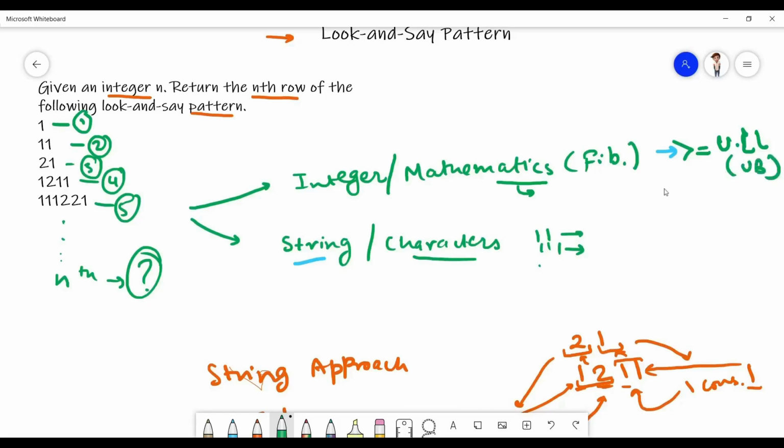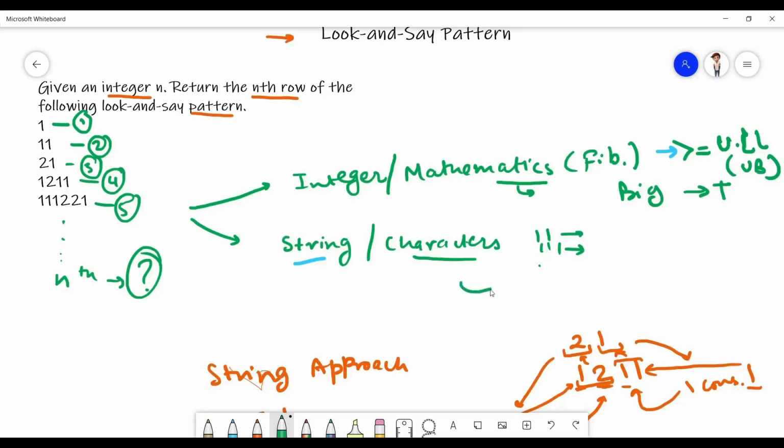So we left it to implement the big integer class, but it would be a very hard and time consuming implementation. So that's why we went for a string approach.